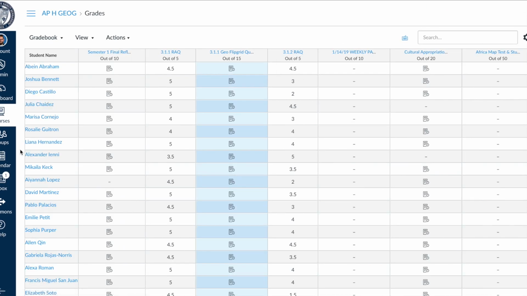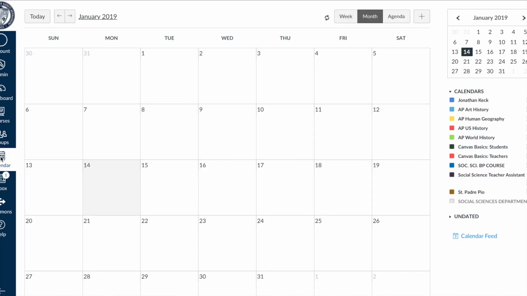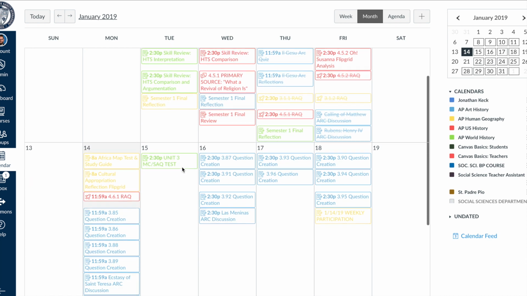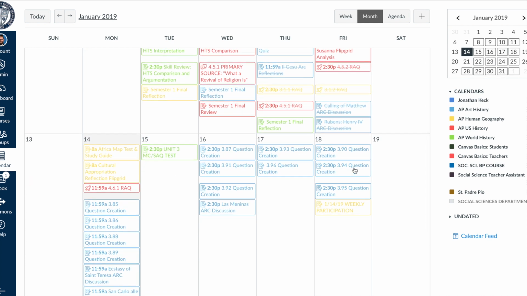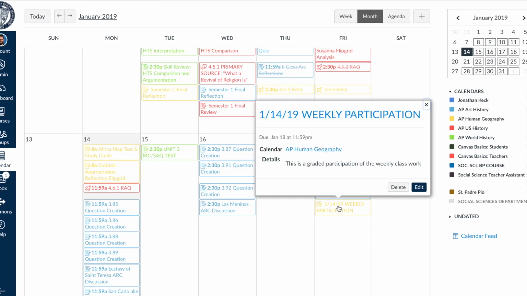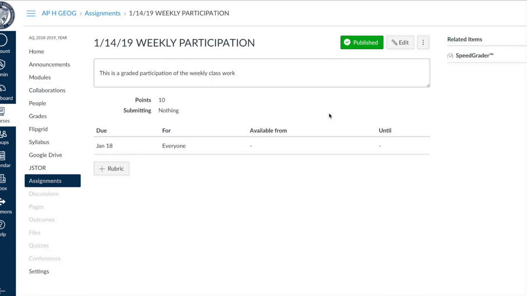The one place they will see it, however, is if you go to the calendar as a student. This is where they'll see all their assignments. So they can see it right here. So this is going to happen on Friday. Now, if the student clicks on this, it tells us what it is. They can click on it, it'll take them there to explain what it is. They can't do anything about it because it says submit nothing, and it's 10 points. But at least it's